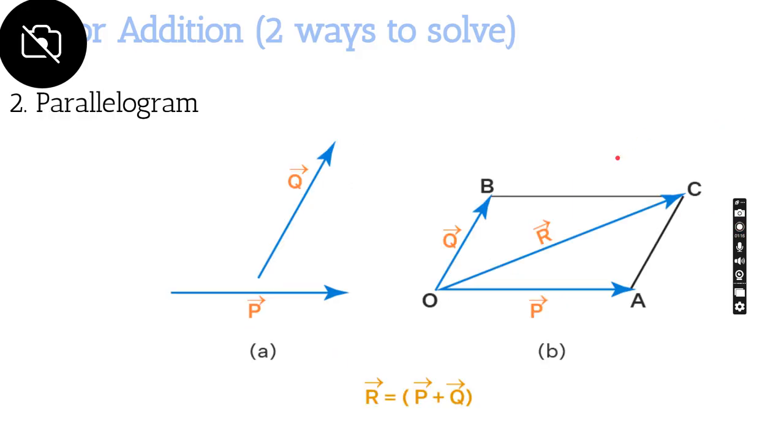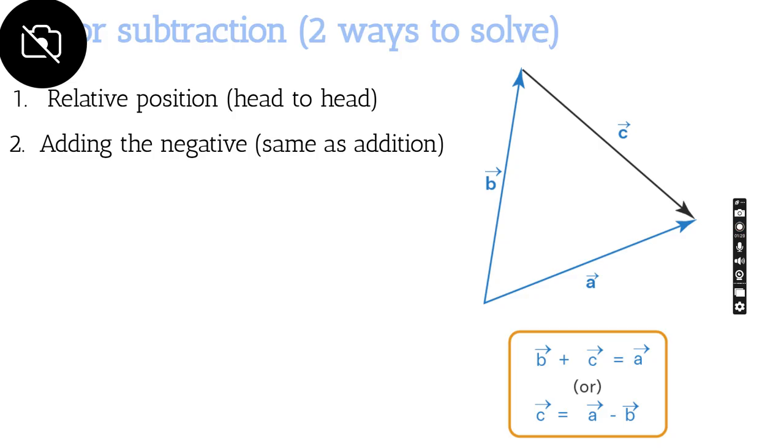And the second way to add vectors is to put the bases of the vectors together, and based on the parallelogram they form, you would solve for the diagonal, which comes out to the same answer that you would get using the triangle method. And for vector subtraction, it's relatively similar to addition, but you can also use relative position,